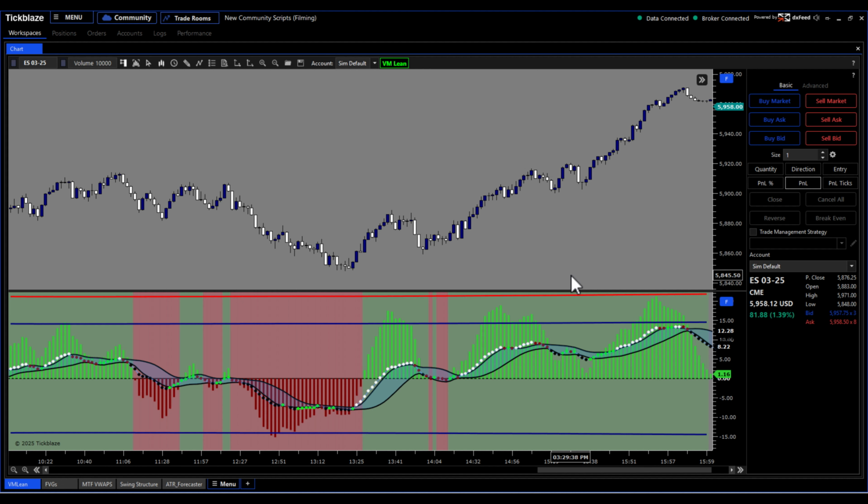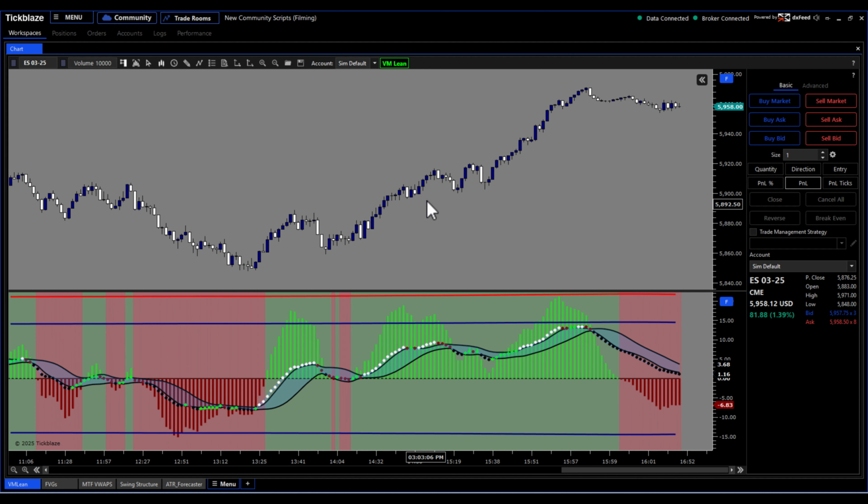Ultimately, you can see here that in a strong trending market, sometimes reversals don't work, right? If you had that divergence coming out of here, you make a higher high in price and then it gave you the signal right there, but you would have got stopped out because the market just had really strong trends. So you've got to determine, are you a directional trader? Are you a reversal trader? If so, how are you going to use the tool? There are so many different ways to skin a cat with the VMLean,